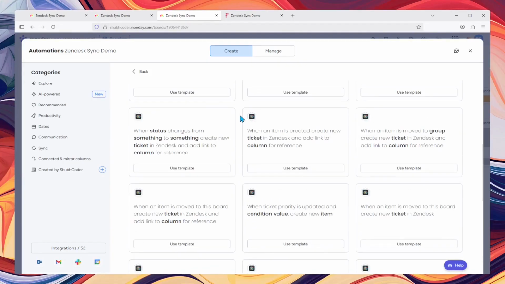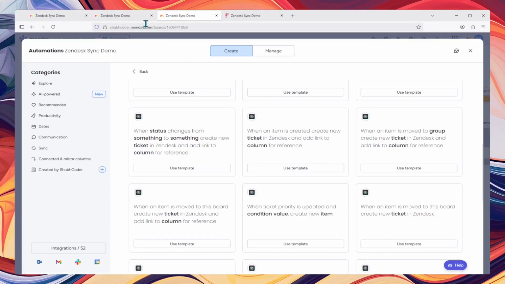If we see both of the recipes, the initial wordings are exactly the same. And the reason is that both of the recipes are going to create a ticket whenever they see a new item get created in your board. And that's what happens when a form gets submitted, right? But this recipe is going to do an extra step of adding a link that points to that newly created ticket in your new item. And for the demo, I'll be using this recipe, and I would highly recommend you use this recipe over